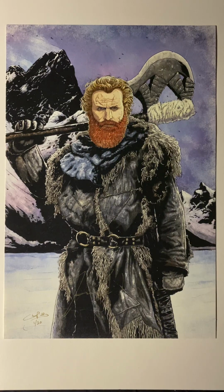As mentioned in the previous video, artwork done by yours truly, with color assists from my buddy over in Scotland, William Anderson. If you own some artwork from me, odds are you own a little piece of William as well, because he has worked with me in the past in collaborations on doing colors, and in fact helped define the style of coloring that I use, because I was primarily a pencil and pen and ink guy, and as I started working with him and looking at how I wanted my pieces colored, he kind of helped me latch on to a look that I think works with my style, and then I took over doing colors